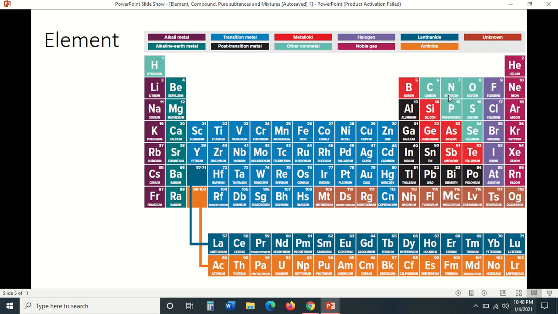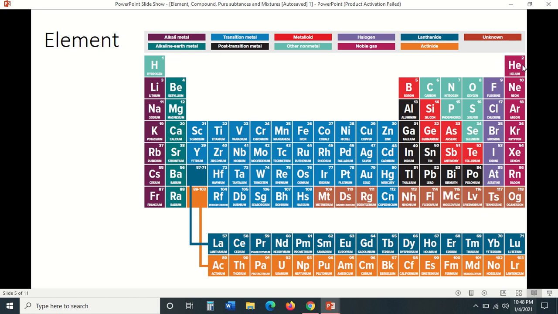So they are the elements that most commonly form compounds. And then there are noble gases like helium, neon, argon, krypton, xenon, and radon. So there are six noble gases. Helium is just one single atom, and it cannot be found in any compounds or any mixtures. So helium cannot bond with another atom to form a compound. So we cannot find a helium compound or a helium mixture.